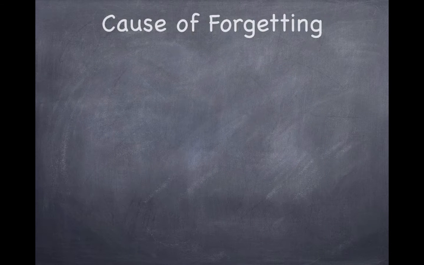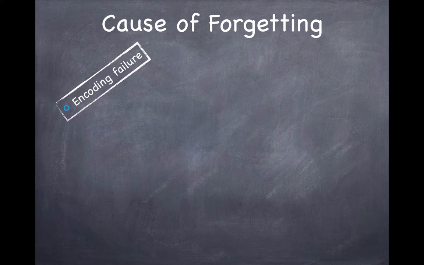So in terms of forgetting causes, well, one of the main ones is encoding failure. We just never got the information into long-term memory. We didn't work with it. We didn't rehearse it. We didn't practice. We didn't do the things we needed to do to encode correctly in short-term to bring it into long-term memory, is one of the most notable reasons for forgetting.